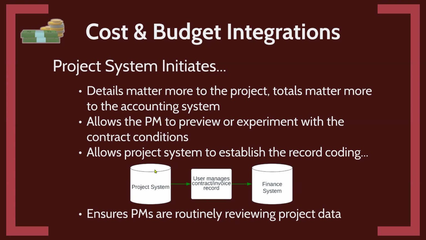And so you're always relying on the finance system. So again, you can drive the coding. Obviously, the coding between the two systems needs to match in terms of your GL code breakdown, but you can make those things match up. And now your coding can drive into your finance system, which means that your records in your finance system are always automatically connected. And the last is that it ensures your project managers, if they have to initiate out of a project system, have some built-in accountability that they have to go in and update their project.